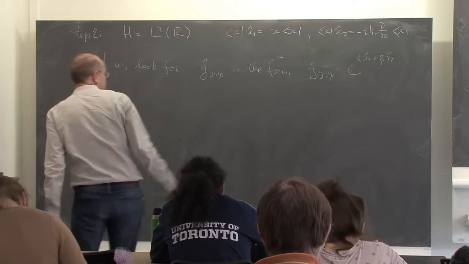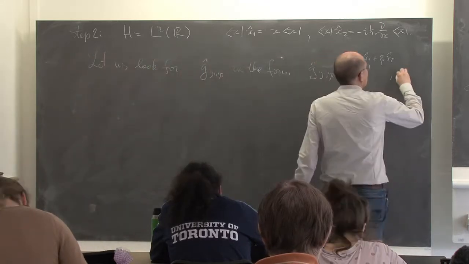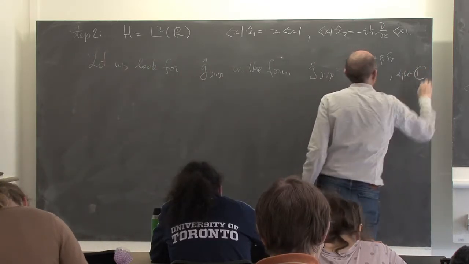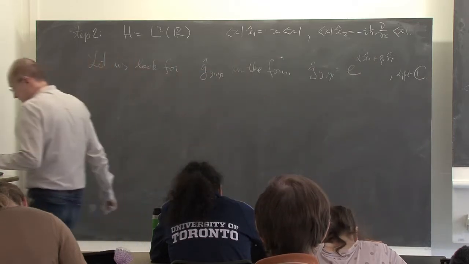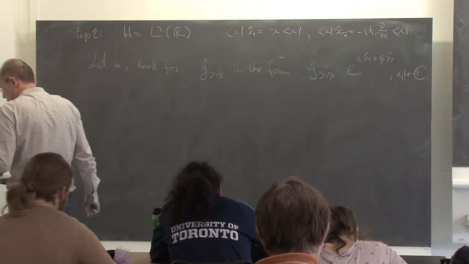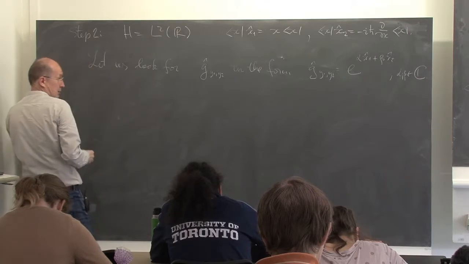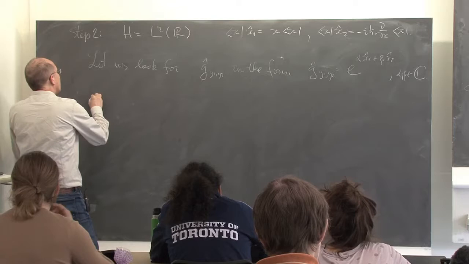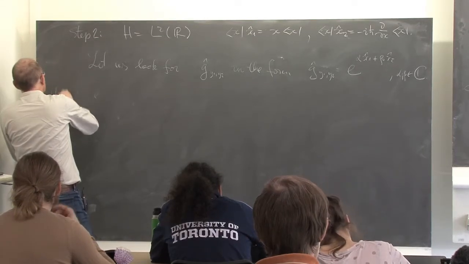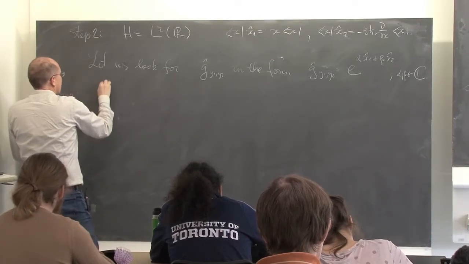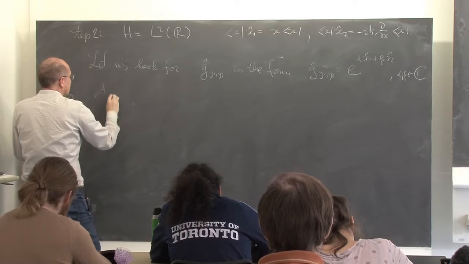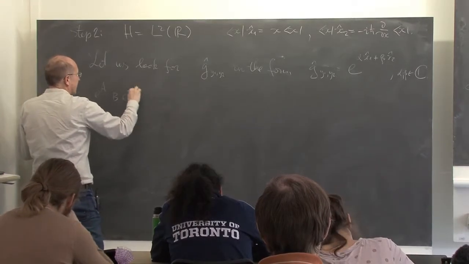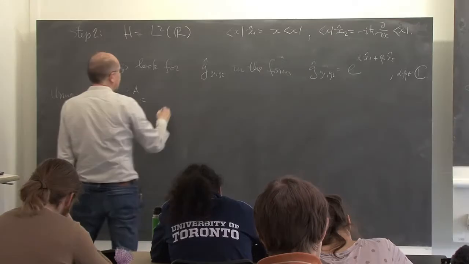Let us try to adjust the coefficients alpha, beta in C, using the Baker-Campbell-Hausdorff formula of the form e to A, e to B, e to minus A equals